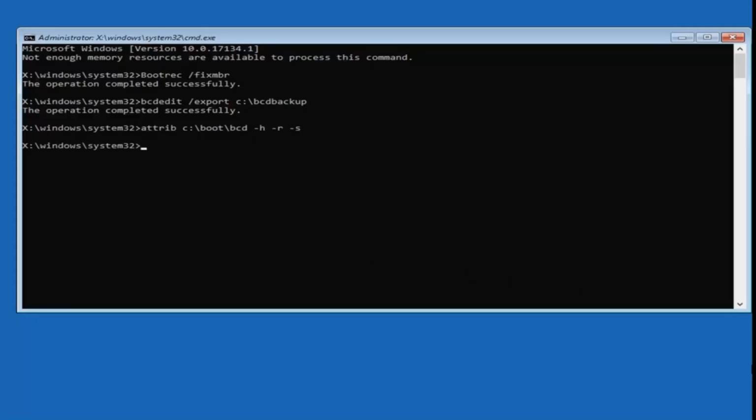And now that you've done that, you want to type in REN space, and now again the C drive for me, colon /boot /BCD space bcd.old. So again, ren space c:\boot /bcd space